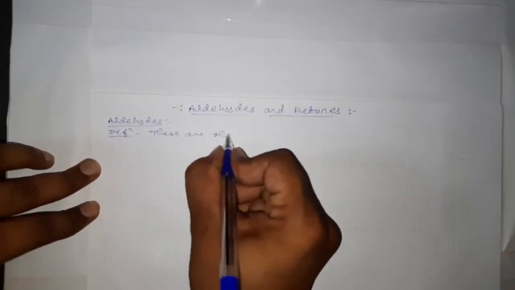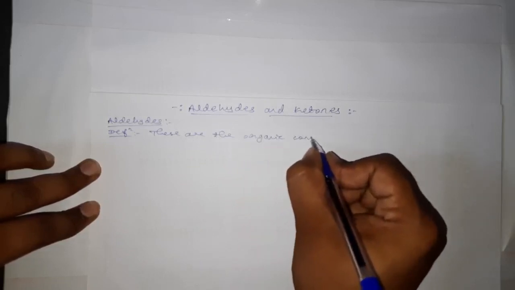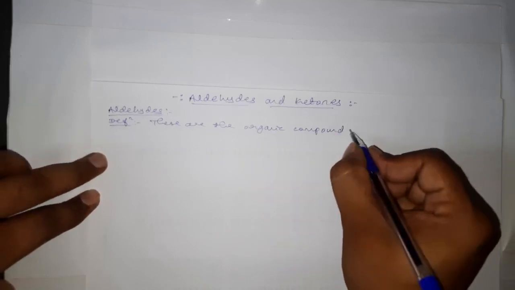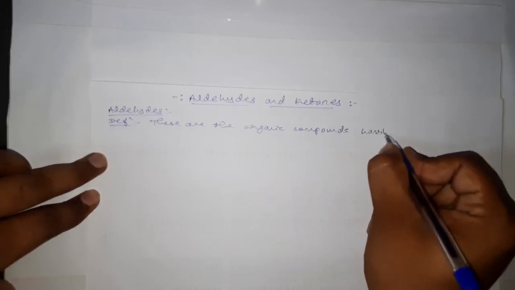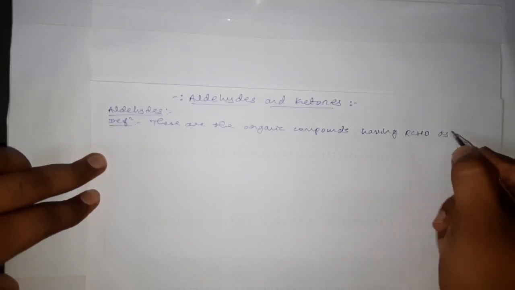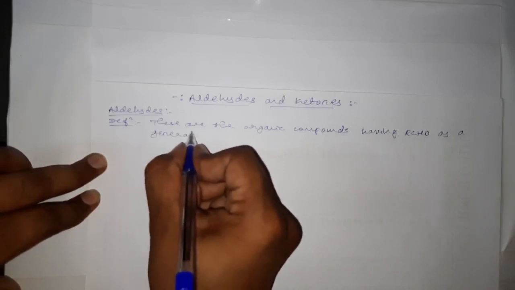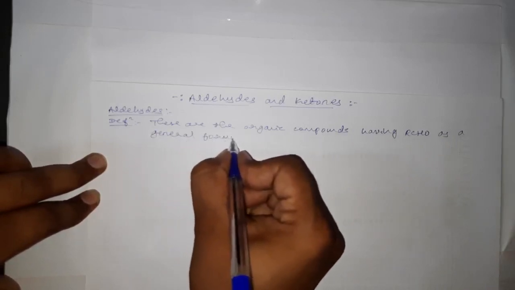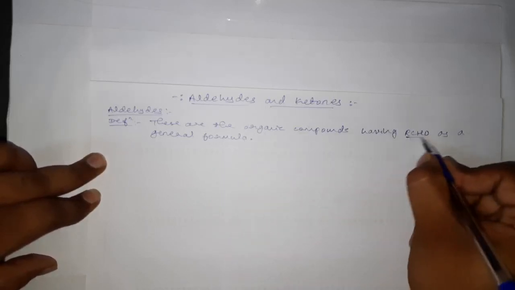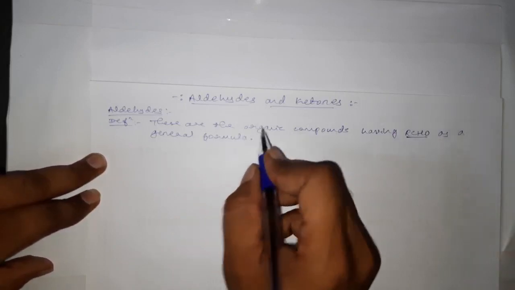these are the organic compounds. These aldehydes are the organic compounds which are having RCHO as a general formula. If the organic compounds are having this one, that is RCHO as their general formula, then those organic compounds